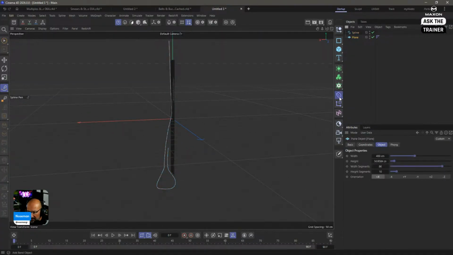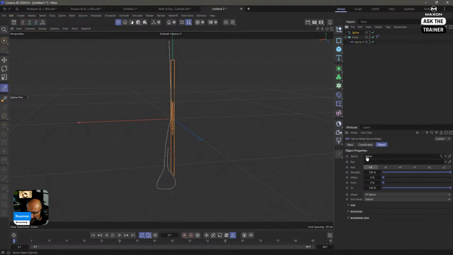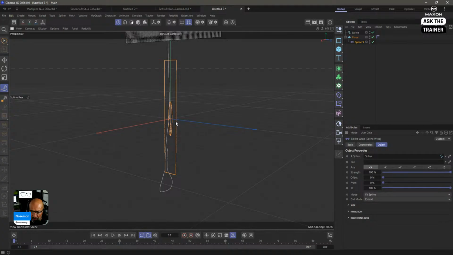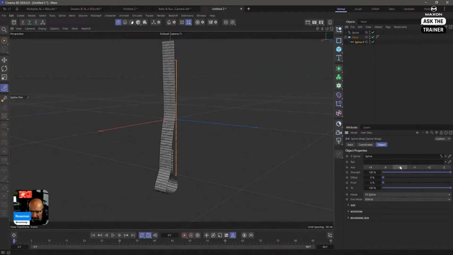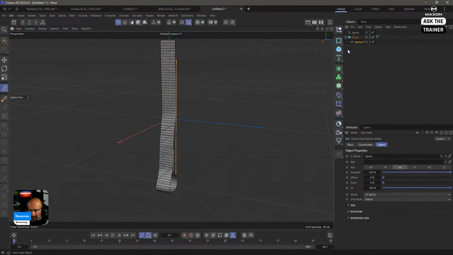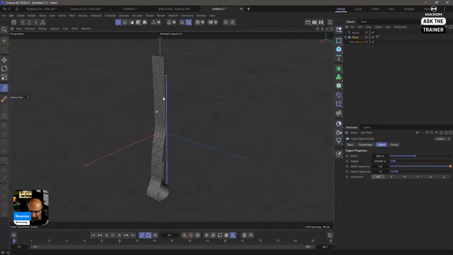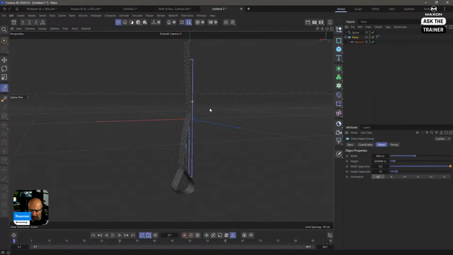Now let's add a spline wrap. Let's drag this in here. We need to make sure that this flat arrow is pointing in the correct direction. That's the Y. There you go. So there we have it. We have our little plane. You can increase the number to make them nice and square, and everything is good. Now I can keep it procedural if I wish, and I'm going to keep it procedural.